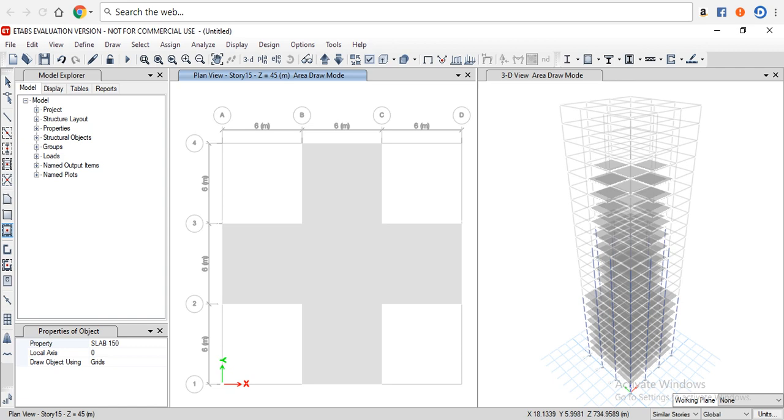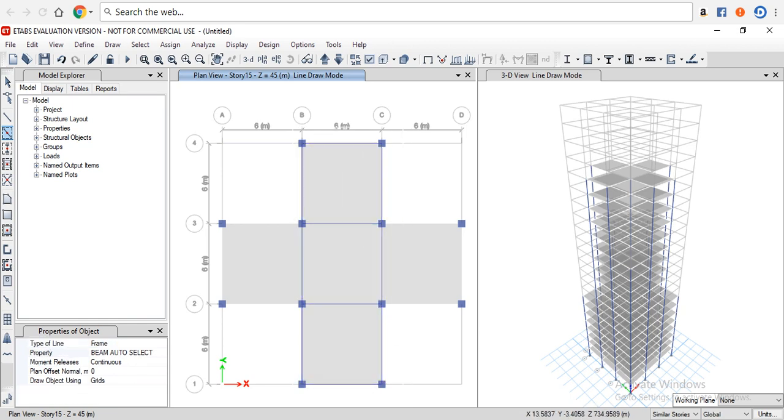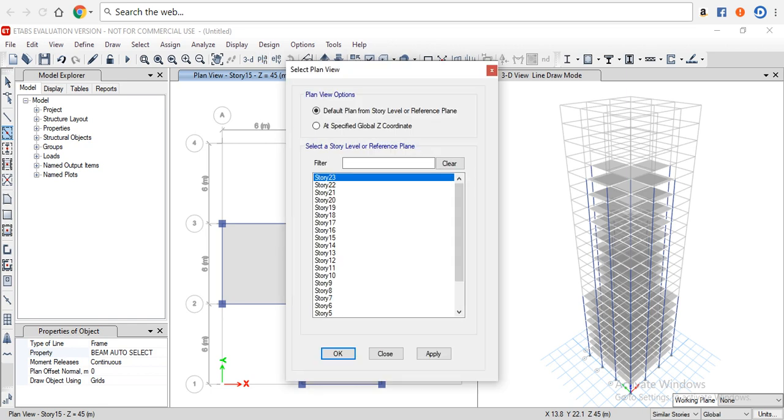Go to quick draw columns, then draw the columns, then go to quick draw beams, slabs and column and beam properties are added for stories 15 to 19. Go to story 20,